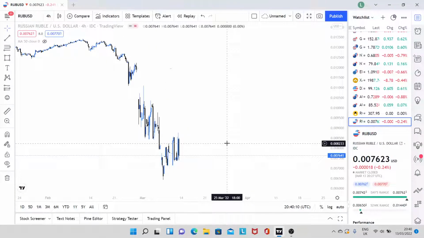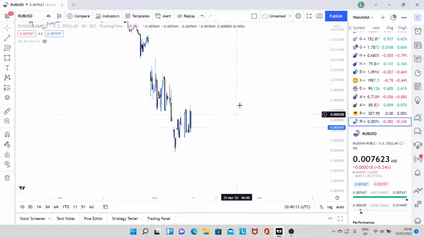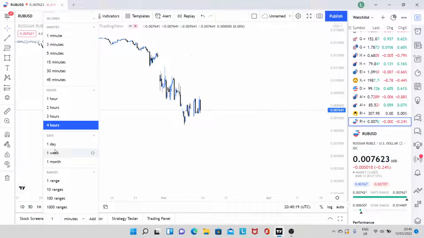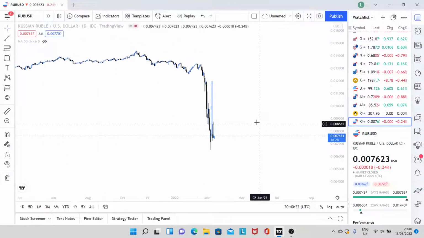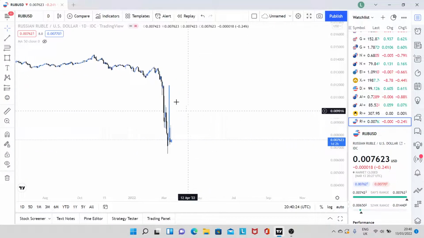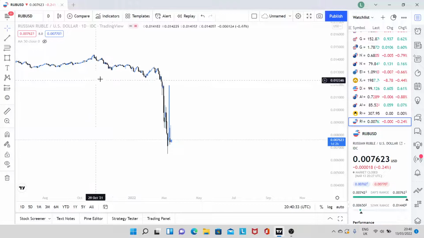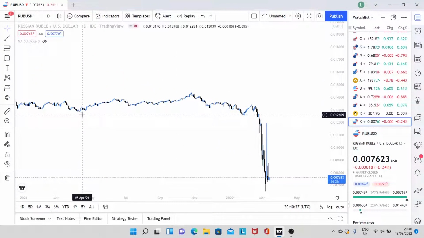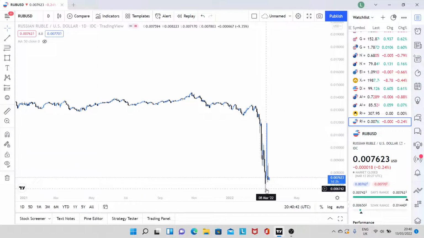And then this one's just the Russian ruble against the US dollar. It's just nice to see what's happening to the ruble, what's happening to the dollar. And yeah, this is something I expect to collapse big time. The central bank's not able to prop up the currency as well, because they've been banned from trading global financial markets, and the central bank's essentially the thing that keeps the currency at a stable rate. As you can see, it doesn't really break 0.012, and then it just crashed.